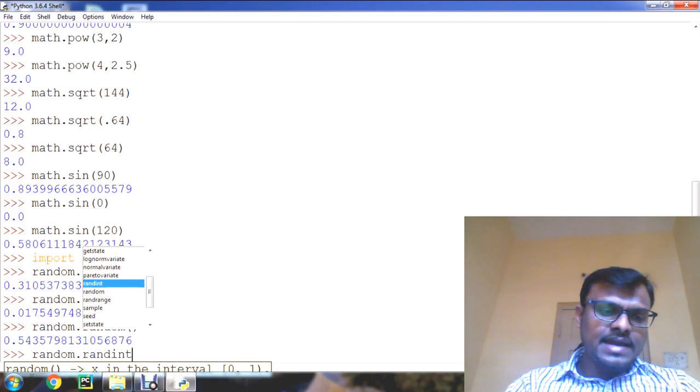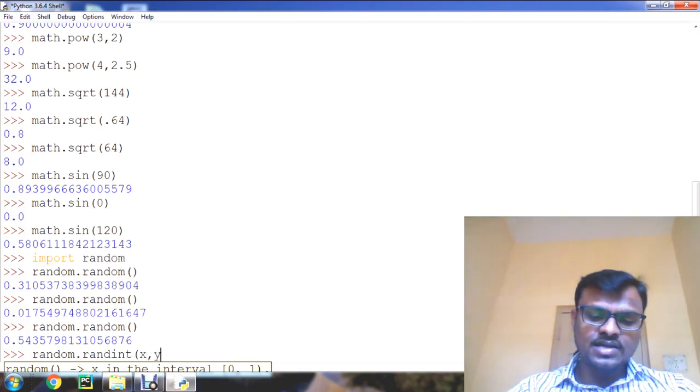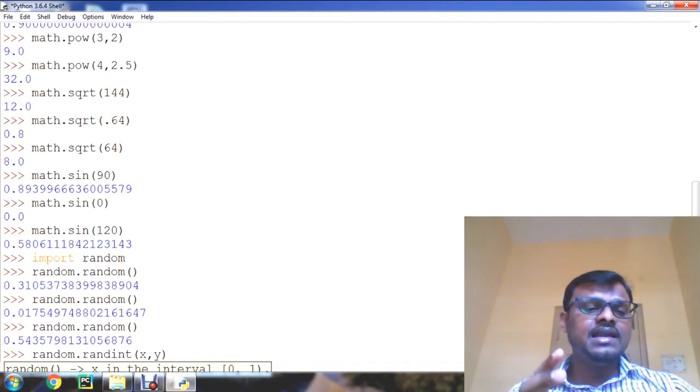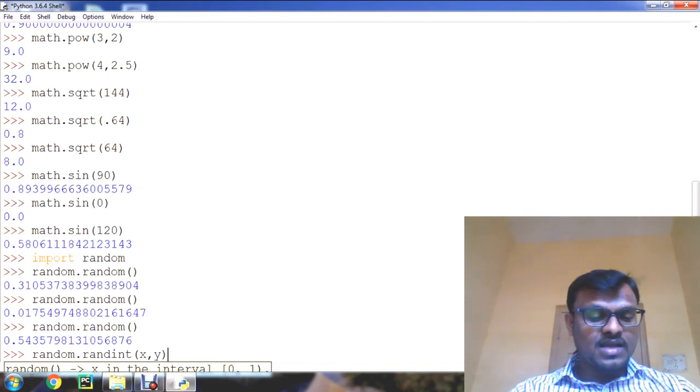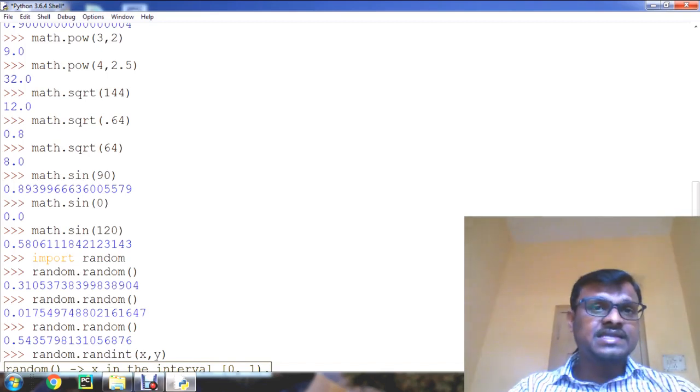This randint function takes x comma y as the argument. These x and y are integers such that x is less than or equal to y, and it is going to return a random integer between x and y.